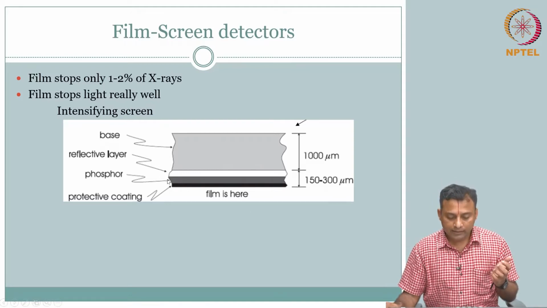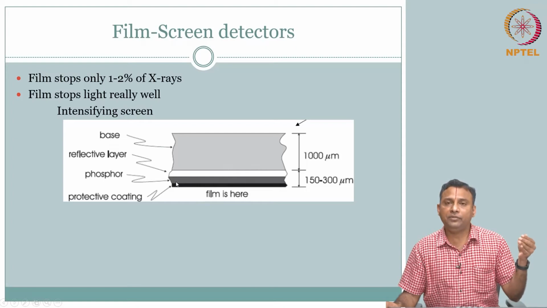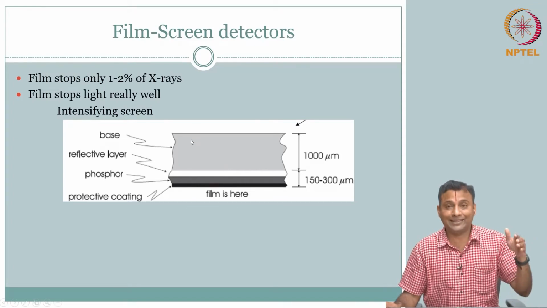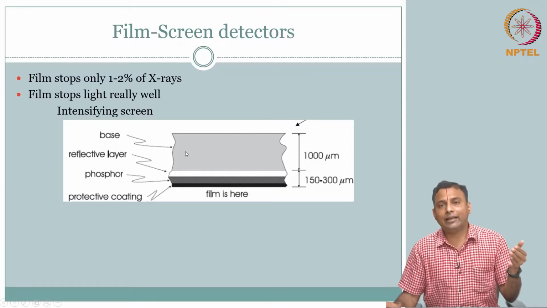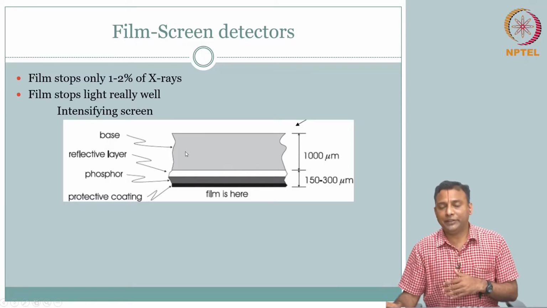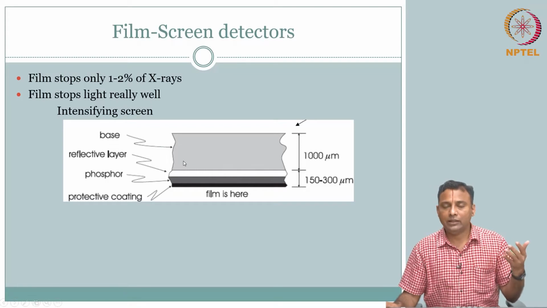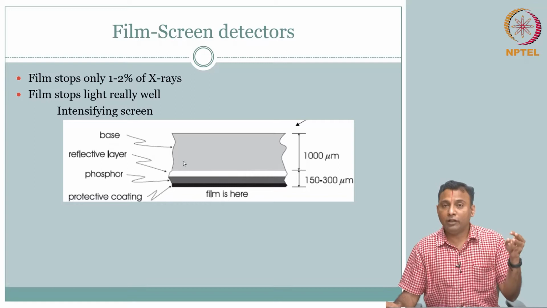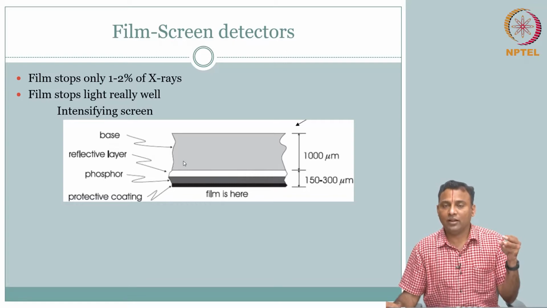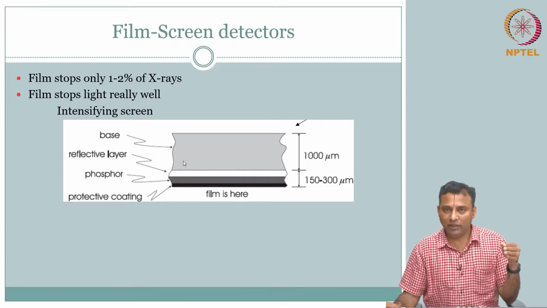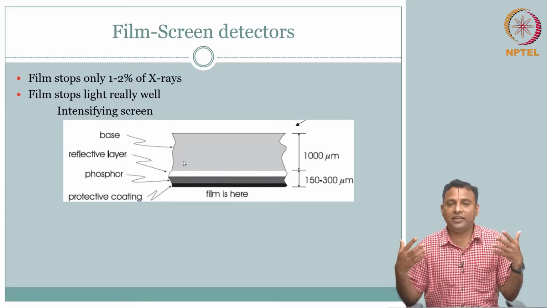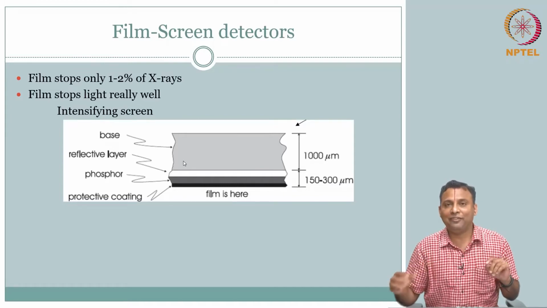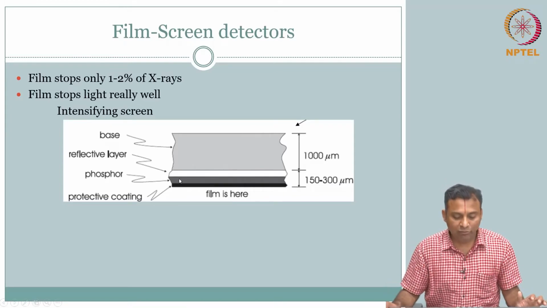So the idea is, this takes energy from one range. In our case it is X-ray energy, and it creates light energy. So clearly X-ray energy is higher than the light energy. So you are expecting that a few X-ray photons, or few photons with X-ray energy, which are coming can potentially, logic wise, produce a larger number of light photons, right? So this is your active material for that reason.